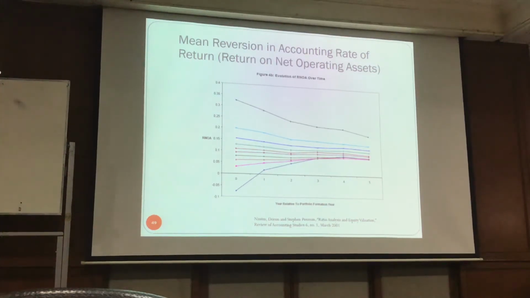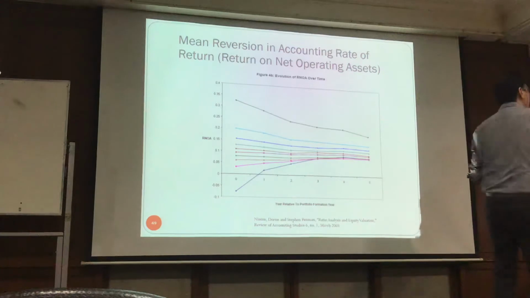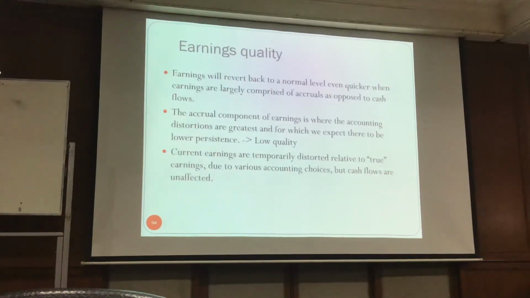In the different 10 portfolios. So what is that supposed to mean? The companies with higher ROA, they played with the number in that period. Over the years, the accruals are reversed. And finally, the ROA converges to the mean on average. That's an example of ROA convergence. All right. So